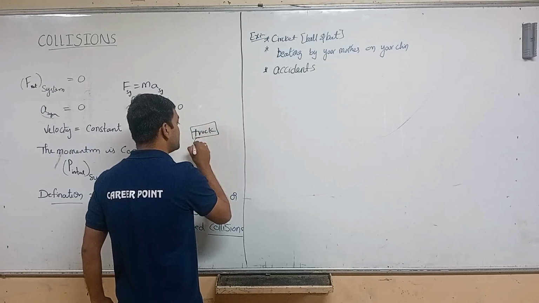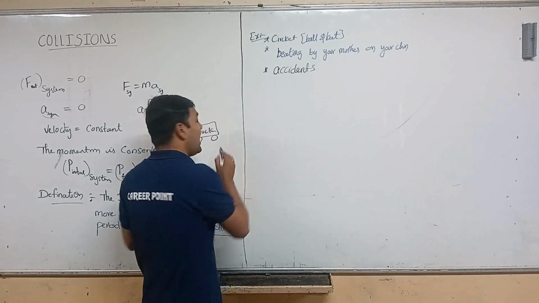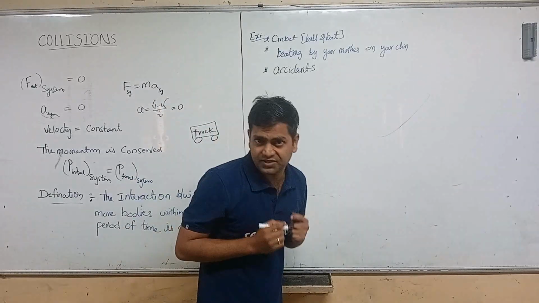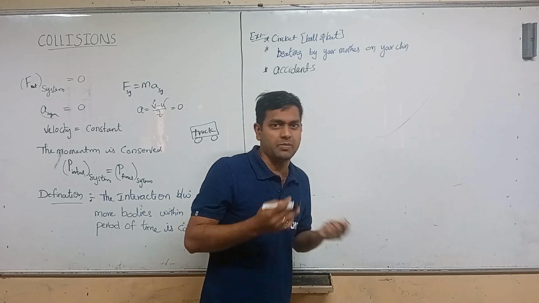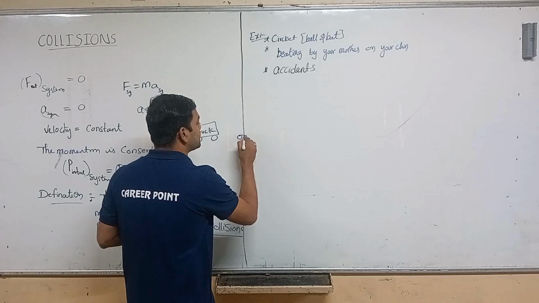Track is in rest position. Okay, so a person is coming on the bicycle, and he is having some velocity. It may be more or less anything. So then what happens here, the cyclist